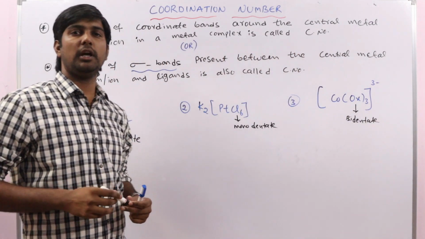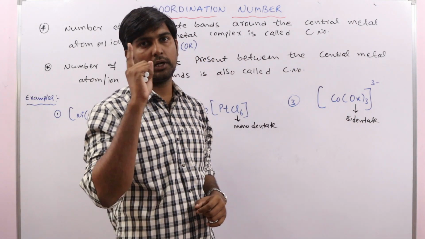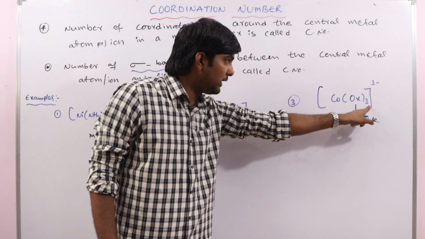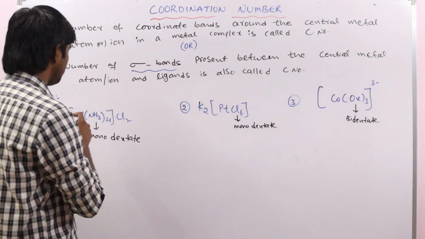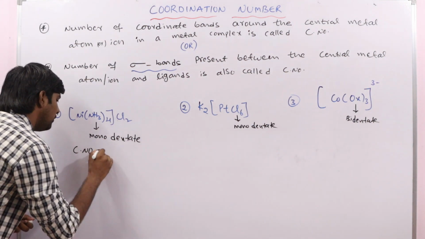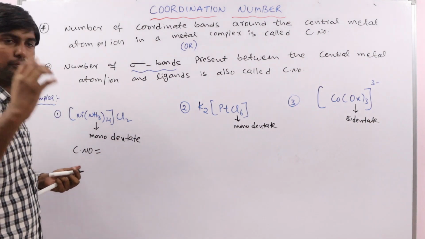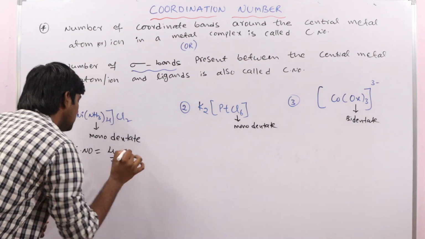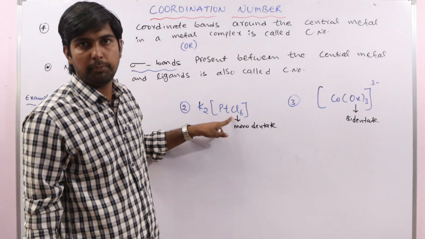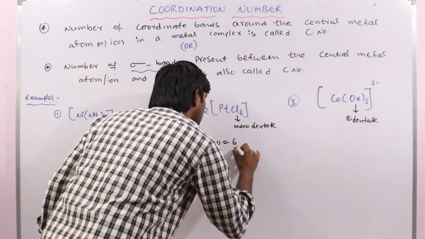In many books it is given that the number of ligands present in the coordination sphere is nothing but the coordination number. That is wrong, absolutely wrong. Here the number of ligands is 3 but the coordination number is 6, as we will see. First, what is the coordination number here? This is a monodentate ligand, so one ligand forms one bond. So total 4 ligands, 4 coordinate bonds. So coordination number is equal to 4. And here a total of 6 chlorides are present, each forming only one coordinate bond.